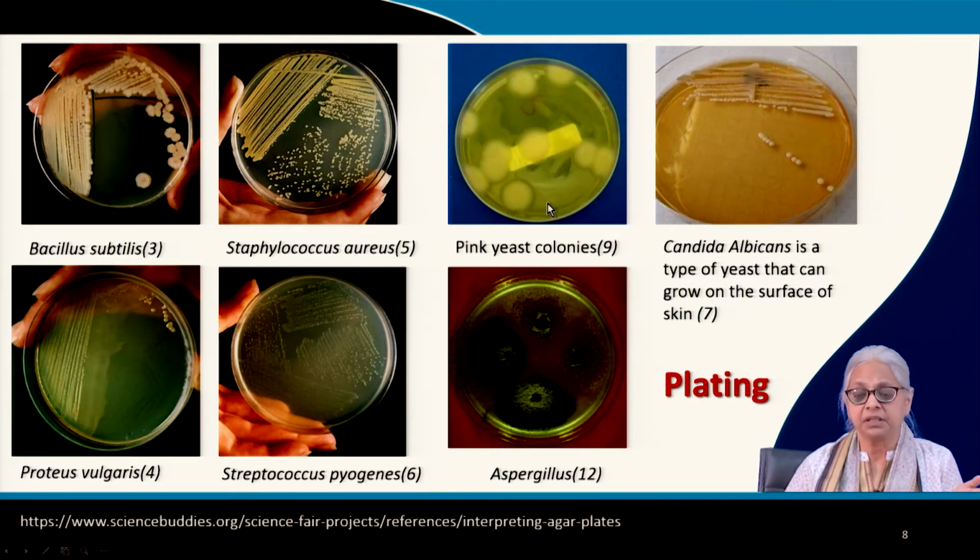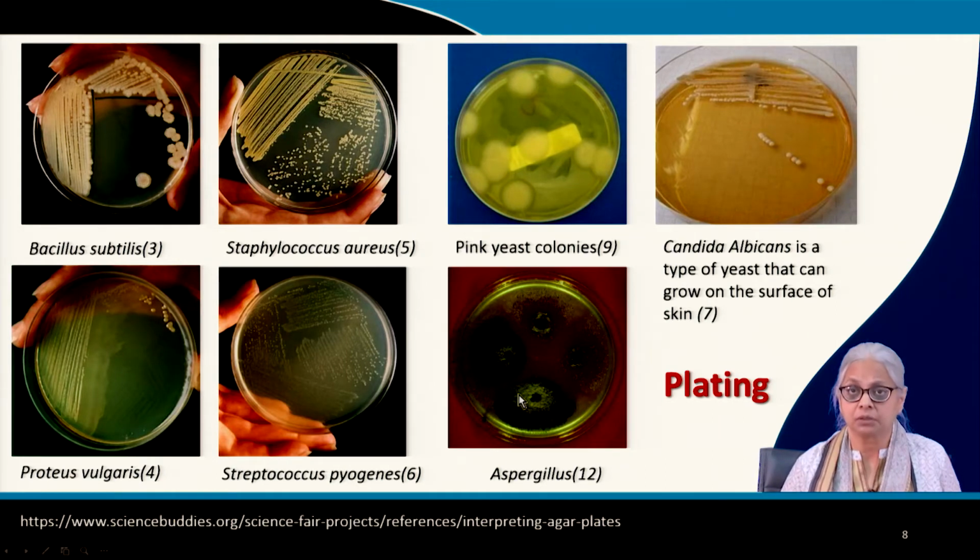It's not just for bacteria. Very often what we get is yeast or fungal growth on the surface of these solid agar media. So the first four that you see over here are bacteria. This fifth one is yeast. This is fungi, and Candida is also a yeast. This is very common, and it happens in the lab very often that you get the growth of fungi or yeast on these plates if they get contaminated. So these are some examples.